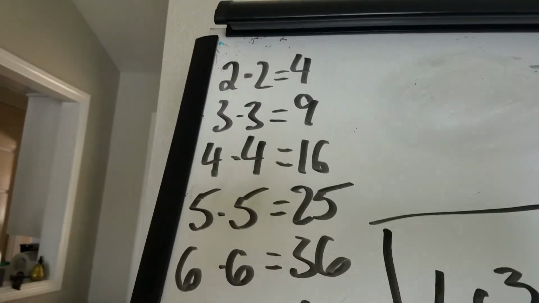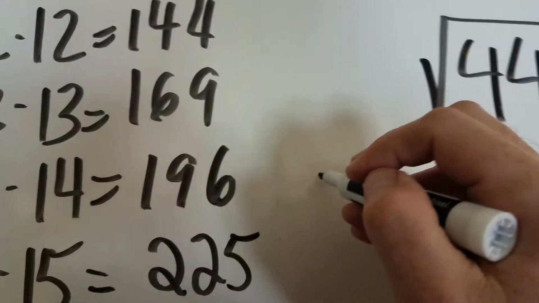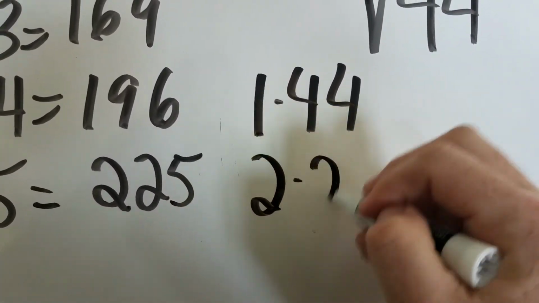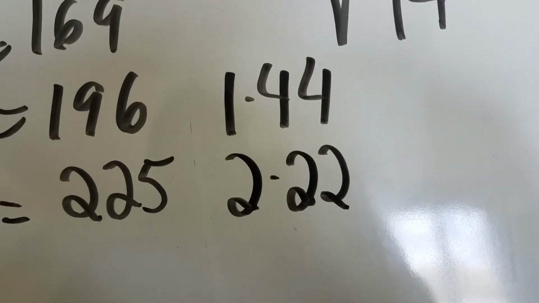Okay, is 44 a perfect square? 4, 9, 16, 36, 49. No, it's not. How do you make 44? Well, 1 times 44. 2 times 22. Does 3 go into it? No. Does 4 go into it? Yeah, 4 times